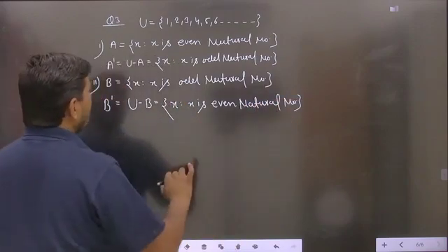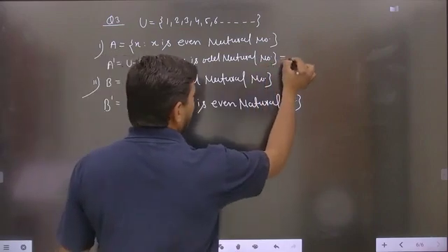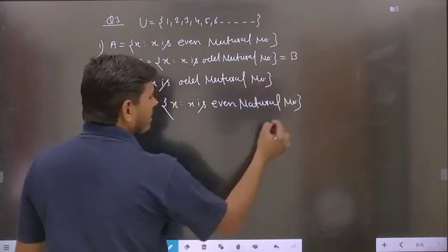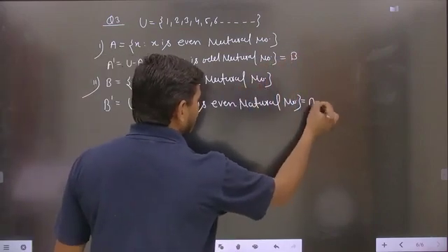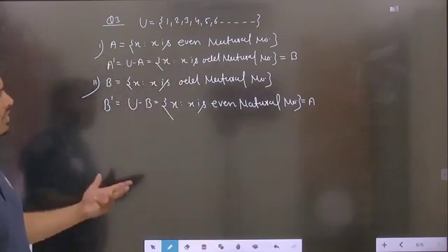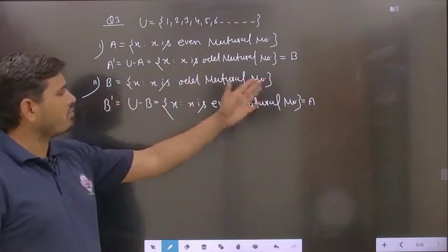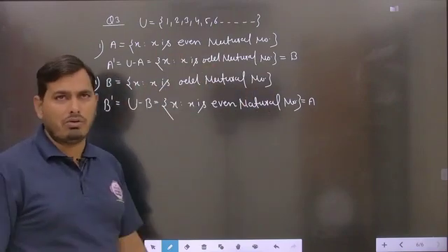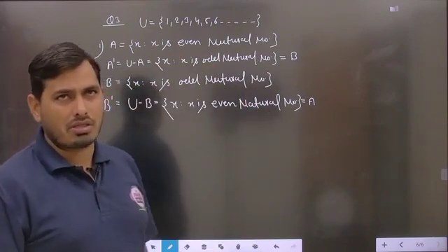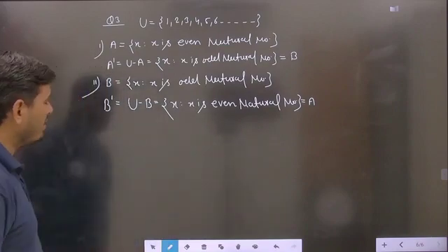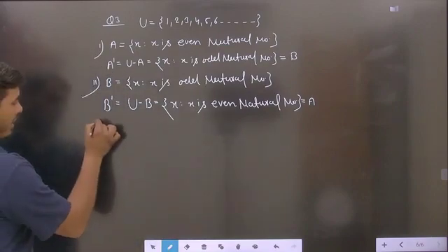So basically student, in the answer of A dash you get the set B, and in the same way B dash gives the set A. After writing the statement you can check that A dash equals B and B dash equals A. You can check the statement also. In such kinds of answers, you can write down the answer and compare the sets also.